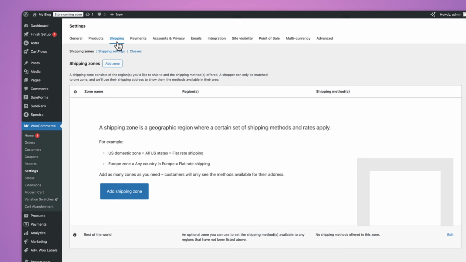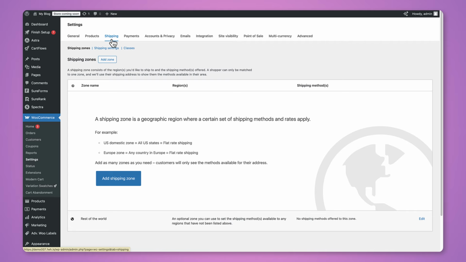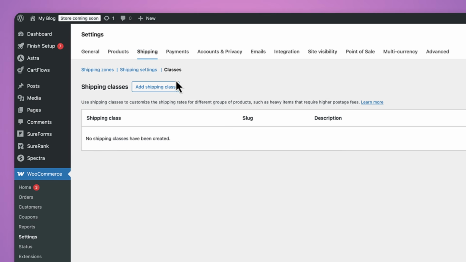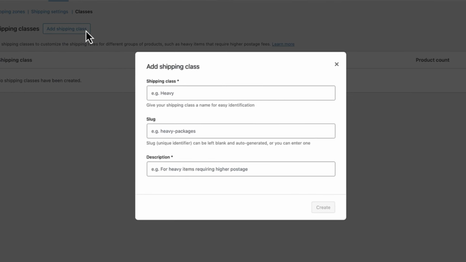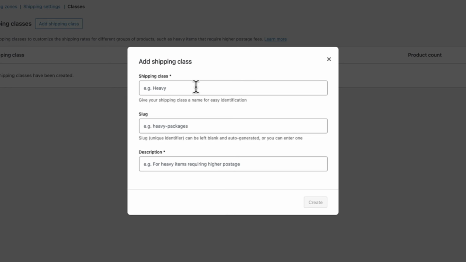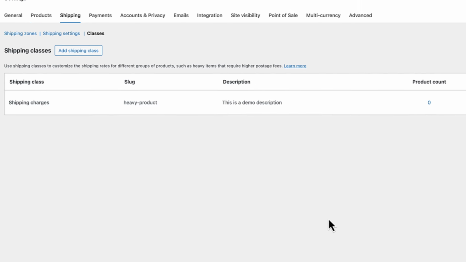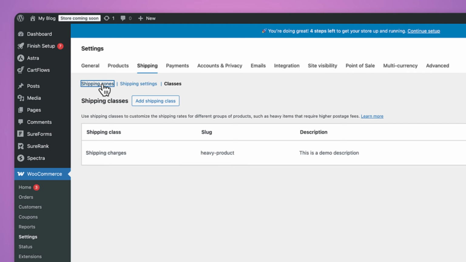Now the first thing we need to do is create shipping classes. To do that, click on Classes. On this page, click on Add Shipping Class, and a small pop-up will appear. Here, enter your class name, for example, Shipping Charges. You can also add a slug such as heavy packages or anything relevant. And finally, write a short description. I'm adding a demo description because it's required to create the class. Once done, click Create. After creating the class, go back to your shipping zones by clicking on it from the